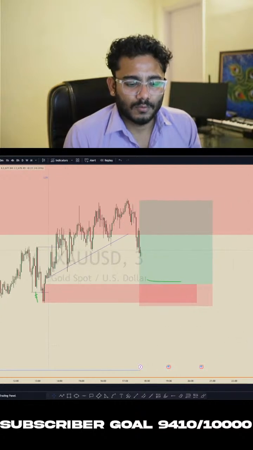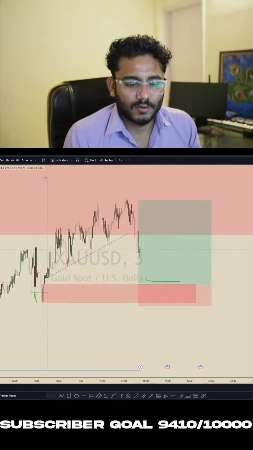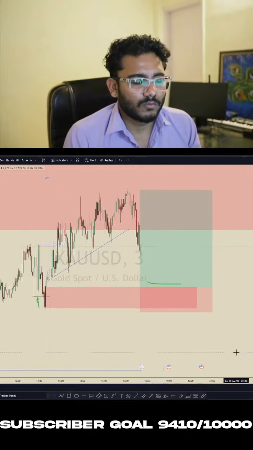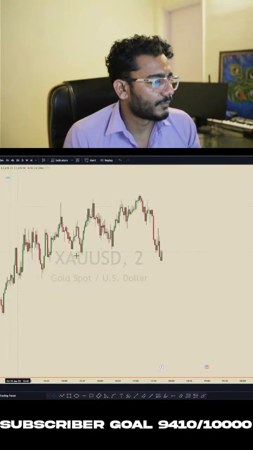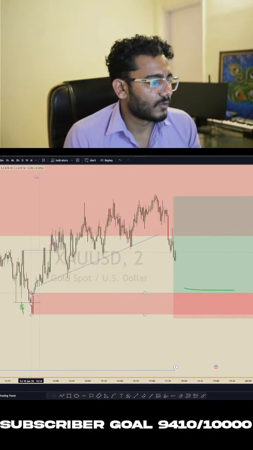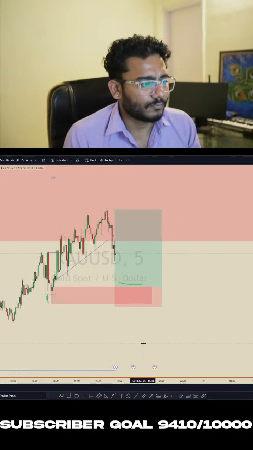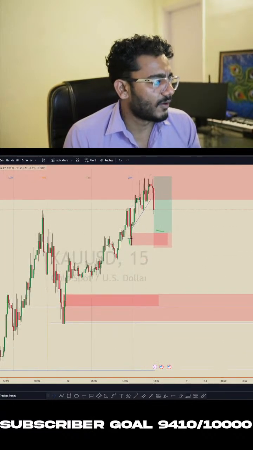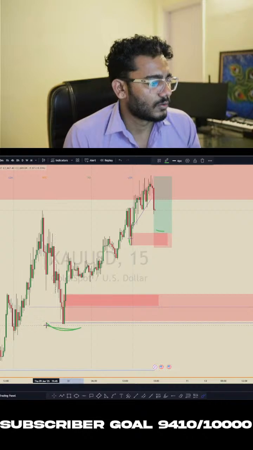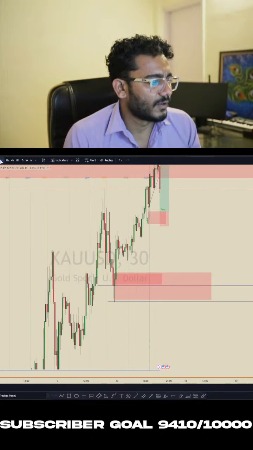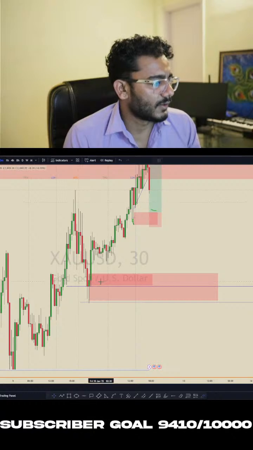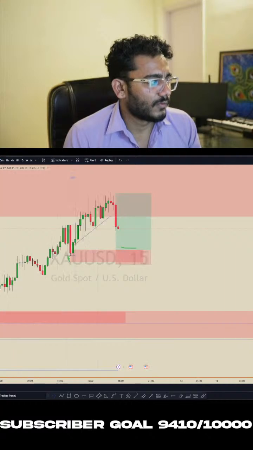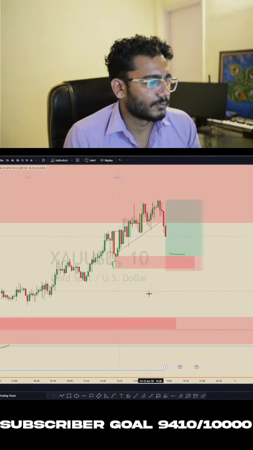For gold, do we still need to wait for inducement since there is already liquidity above our order block? We should at least wait for an engulfing candle. Okay, let's see how price reacts from this order block. So we will enter. But right now, because we are entering at this order block on higher time frame, we have this swing low, 50 minutes low, which has some kind of structure, like there is a proper inducement over here. And here it's risky, so that's why we want to risk less compared to this one.